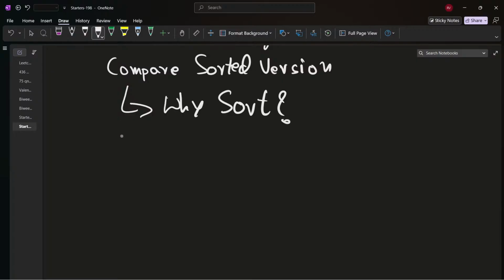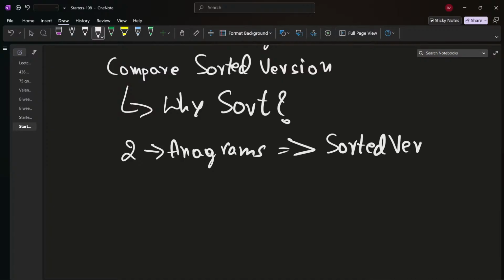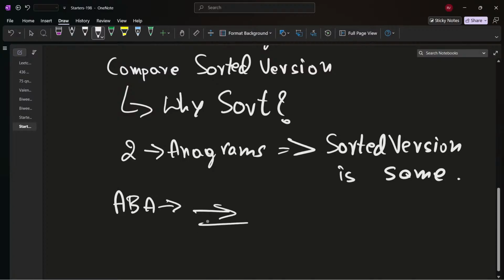We'll sort it because if two strings are anagrams, then the sorted versions are the same. So for example, ABA is a palindrome. Palindrome means even if we read from the first to last or from last to first, the word will be the same. So now what we'll do,